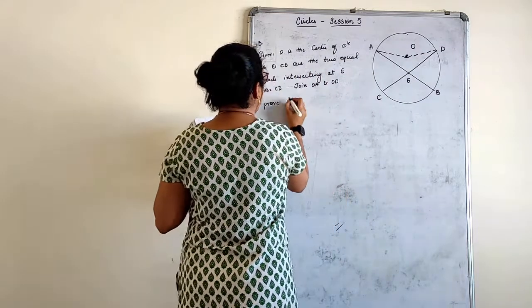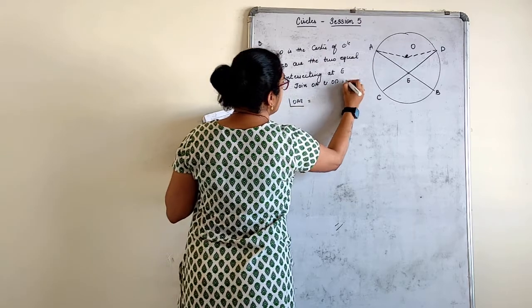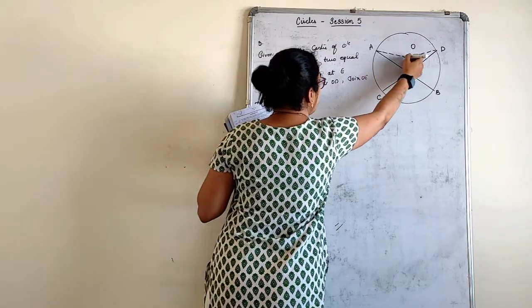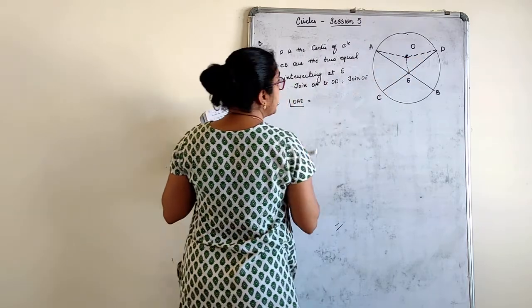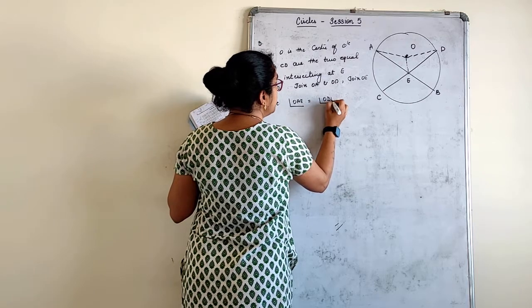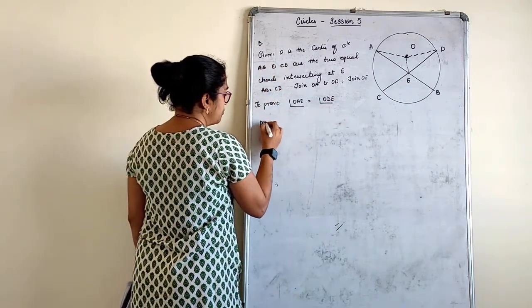Okay, so angle OAE is equal to angle ODE also, and we join OE. These all will come in the given part only. Angle OAE, this angle is equal to angle ODE. How do you prove it? By CPCT. Start the proof.